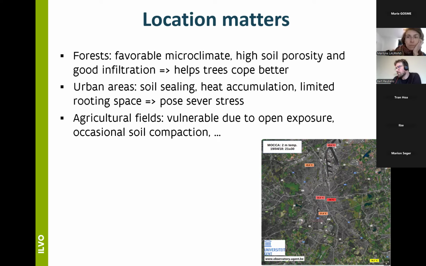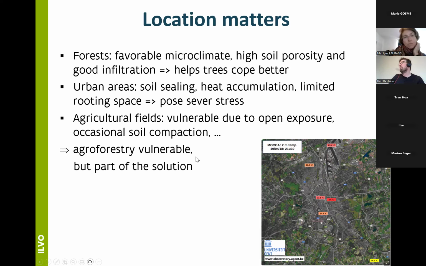Agricultural fields, and that's of course where we are operating with agroforestry, are in general quite vulnerable due to the open exposure and occasional soil compaction, for example, that limits water infiltration capacity and so on. But at the same time, that makes agriculture vulnerable, but also part of the solution to build a more buffered environment, a less open exposure.